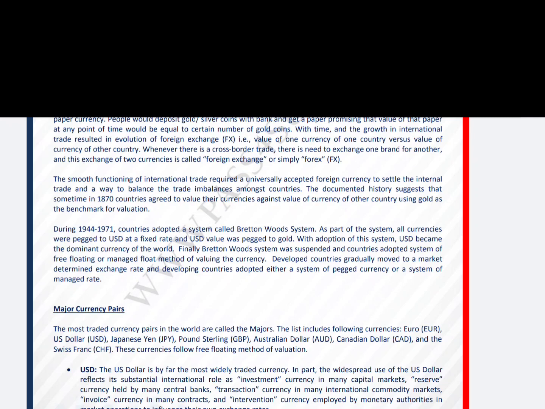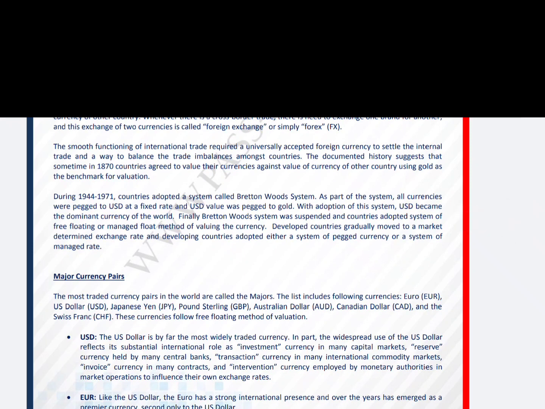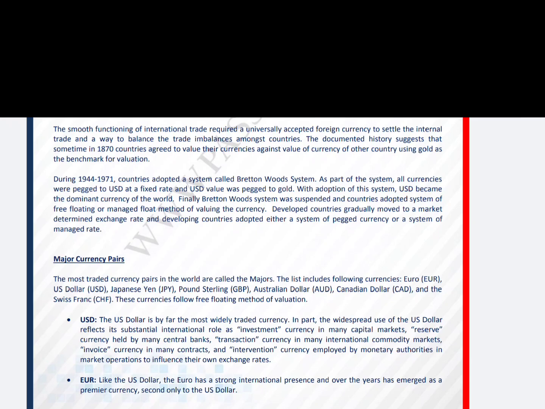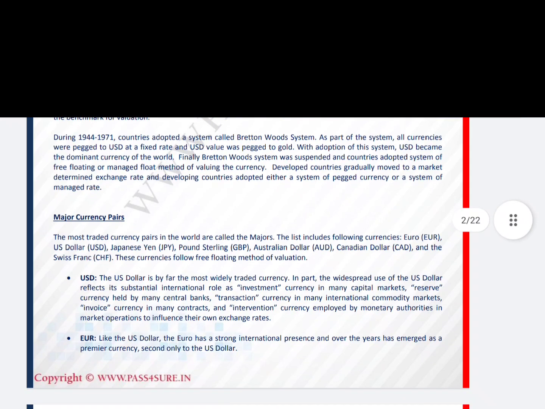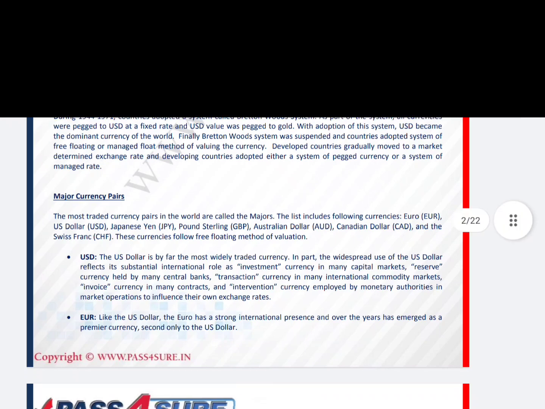A major question which can come from this part is, what is the lot size of USD INR? What would be the answer? If you are seeing this video, then comment: what is the lot size of USD INR? It would be 1000 USD. I will tell you the second question which can be put up.